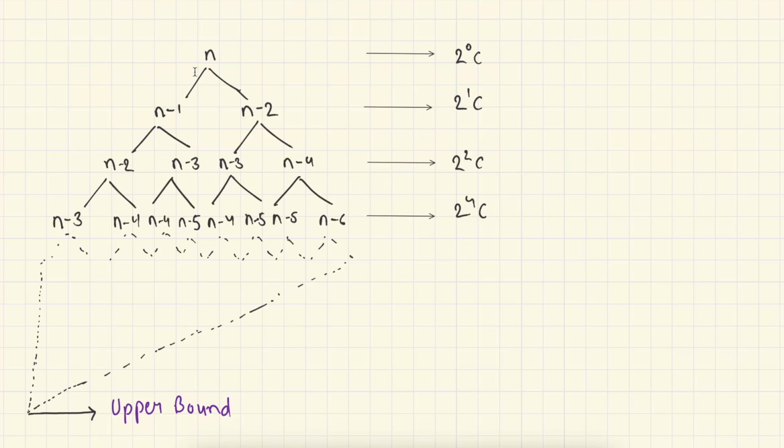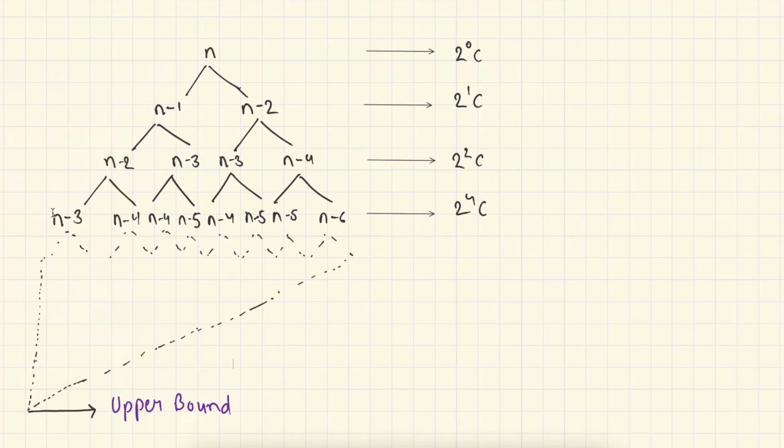The left side of the tree is growing very slowly, and on the other hand the right side of the tree is growing very fast. So if we observe this very carefully, you can see that the right side of the recursive calls is going to complete very early as compared to the left side. The left side of the recursive calls is not going to complete so early. It takes time. So it's going to complete very late. So in those scenarios, we cannot say the exact bound of our recursive function because we don't know when our recursive function gets stopped. So in those cases, we are going to take the help of our best friend,